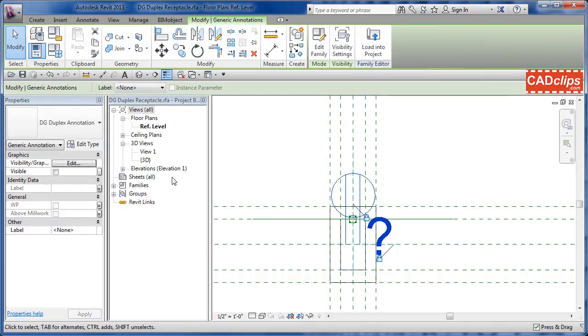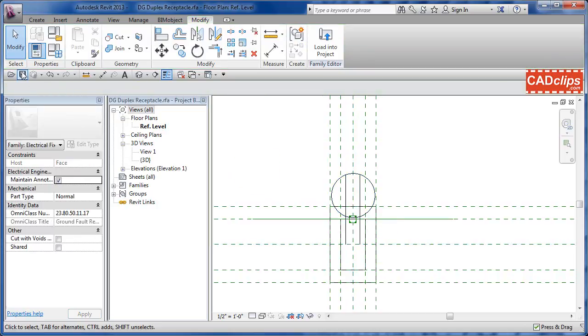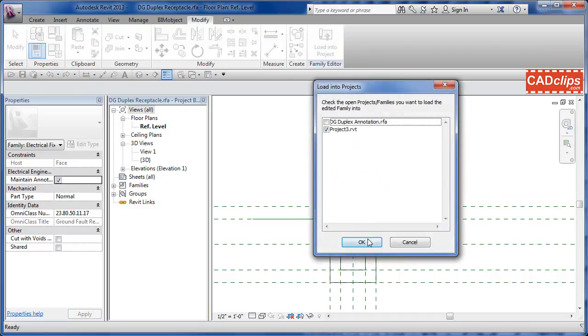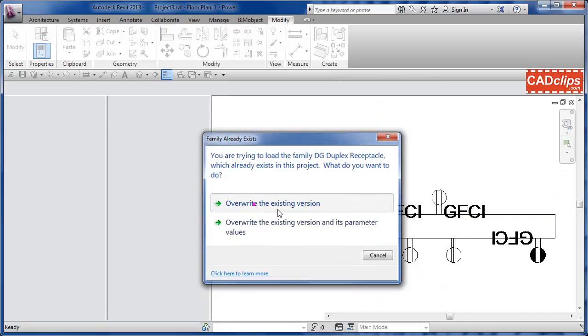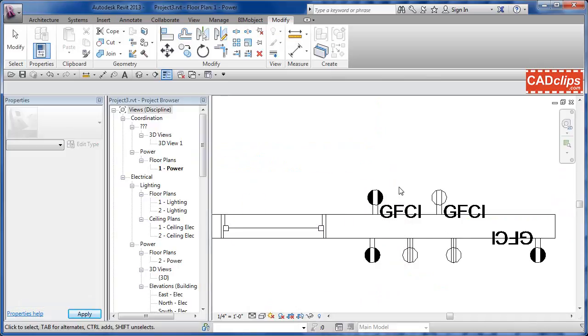I took this guy and I turned the visibility of it off. So I actually have to take the family itself and turn it on. And the above millwork, so that was a bit of a mistake. I need it to be turned on, not set to a parameter. Click out, save this, load it back in my project. It's little mistakes like that where you learn, and then we'll overwrite, and I shouldn't see any change take place